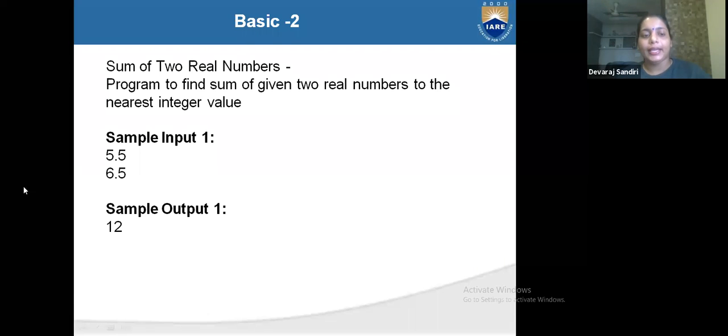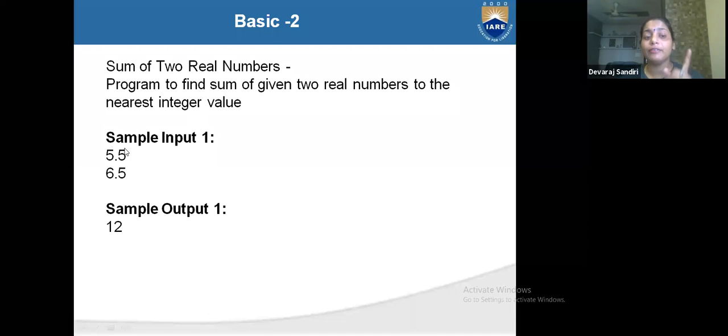Okay, here A is equal to float of input we are giving, and B is equal to the same thing we will give, obviously. Yes or no? Yes, B is equal to 6.5. How will you give? If you wanted to give directly, then A is equal to 5.5. Yes, we have to print the integer part.